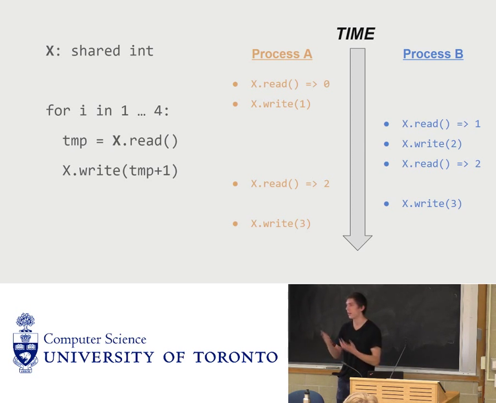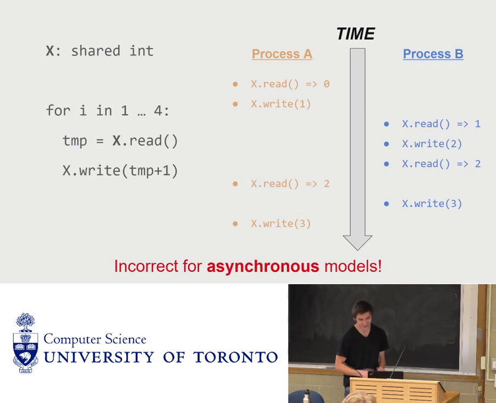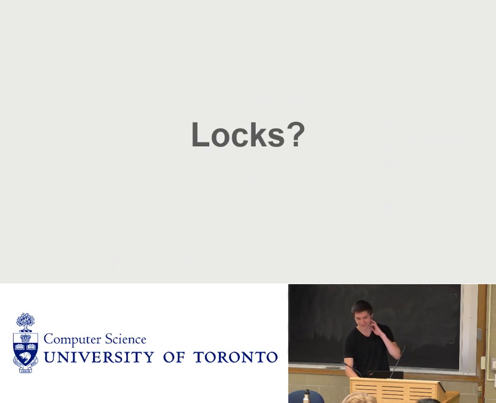Hence, 1 plus 1 equals 1. Ha ha. So it's incorrect for asynchronous models. Now, you might be thinking that we can use locks, which, if you don't know about them, are a way